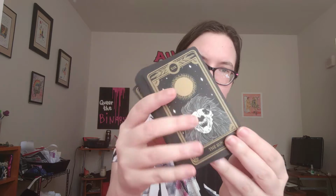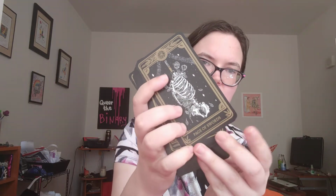Now, if you know that the person you're shopping for is a little on the darker side, enjoys things that are a little more shadowy, creepy or Halloween-y, I really recommend, and this is a little higher budget, again, a sturdy box, the Marigold Tarot. You can get it in a few different versions. The one I have is black edge, but you can also get gilded, with gold edges. Here are the backs. Really great quality cardstock. And it's a little more confronting. You have a lot of skeletal imagery,